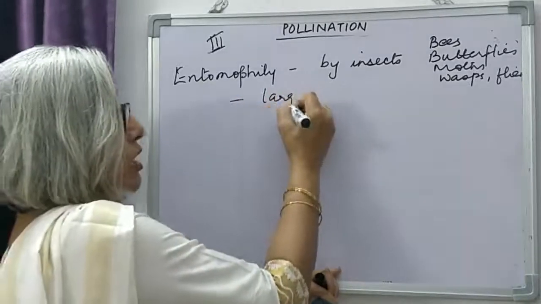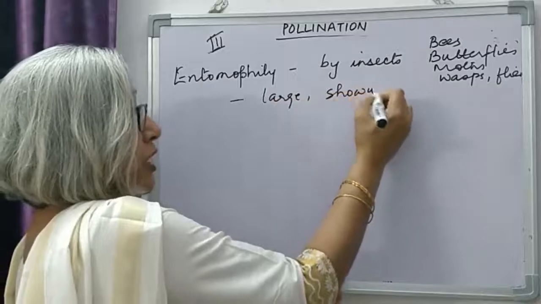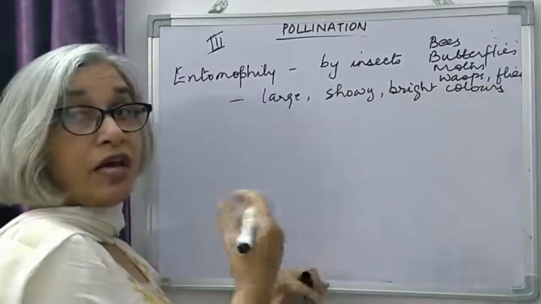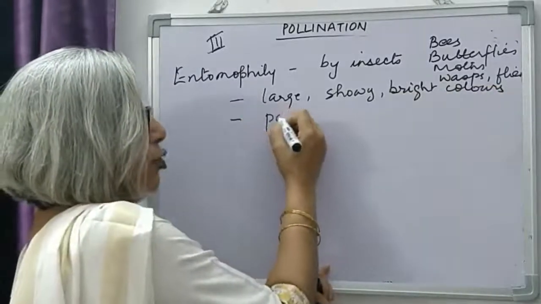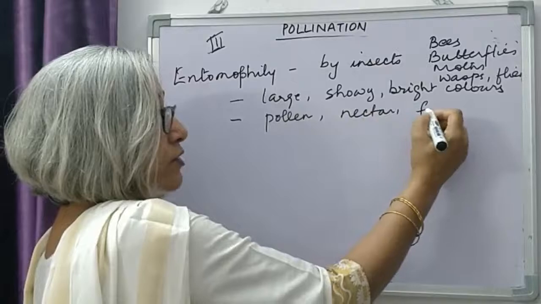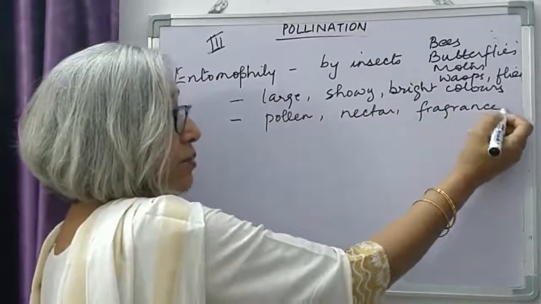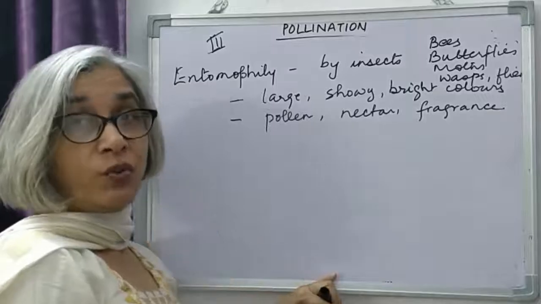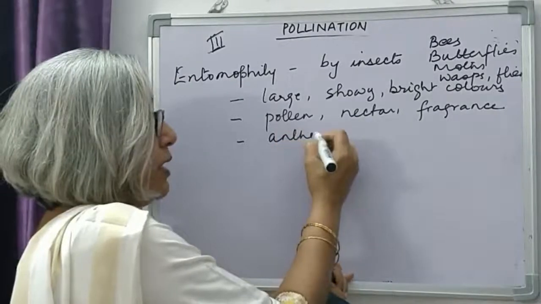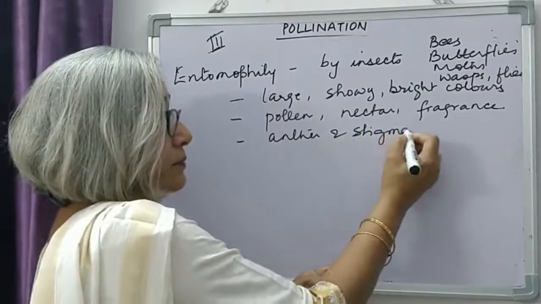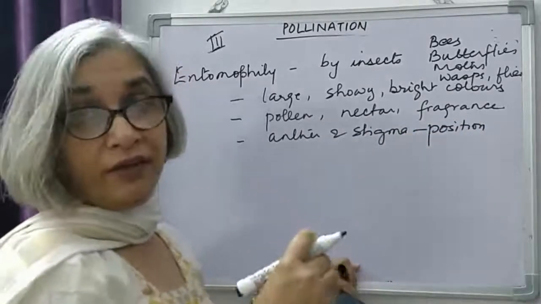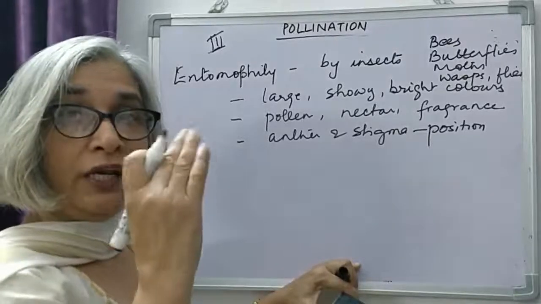The flowers should be large, they should be showy, they should be of bright colors so that the insects are attracted towards them. They should have copious quantities of pollen, should have nectar, should have fragrance, sweet smell, because of which the insects are attracted towards them. Now, the position of the anther and the stigma is such that when the insect visits a flower to take its nectar, the pollen are shed on